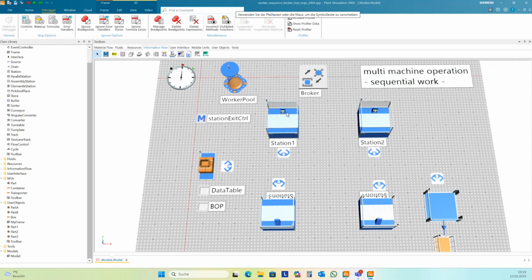If the worker becomes available again, then the broker will also be called, and it will check if there are open requests, and then mediate them if it's possible. And so we can use this behavior to control the complete flow inside such multi-machine operation cells.